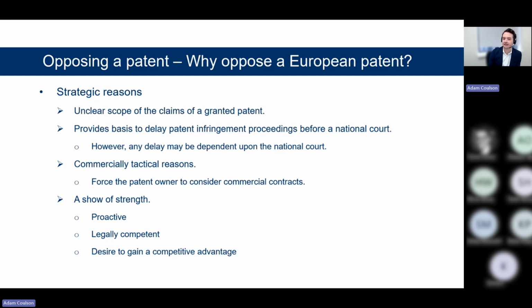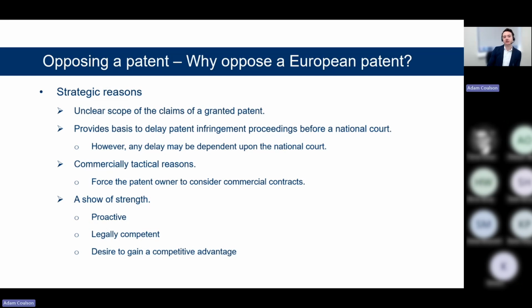The EPO has taken into consideration the desire of national courts and the UPC to be able to progress a pending infringement action. And so to avoid long delays where a national court is waiting for an EPO decision, the EPO has implemented a policy to accelerate opposition proceedings by issuing its communications more quickly. And that is if a national court or the UPC informs them of a pending infringement action. This acceleration can also be requested by a party to the opposition proceedings.